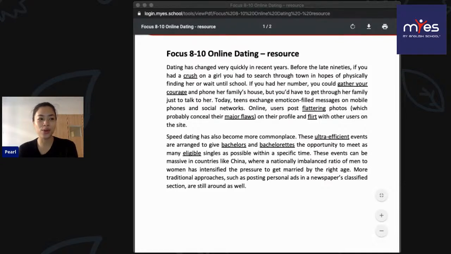So if you post really beautiful photos of yourself on social media, like really, really good, or you edit or Photoshop them a lot and you change how you look too much, and when the person sees you face to face and they say you look completely different from your photos, then we can say that's a catfish, or they thought you were another person. So please don't do that. It's very disappointing if you do that. But I don't think you need to. You should show who you really are. And if they like you for who you are, then you know it's real.